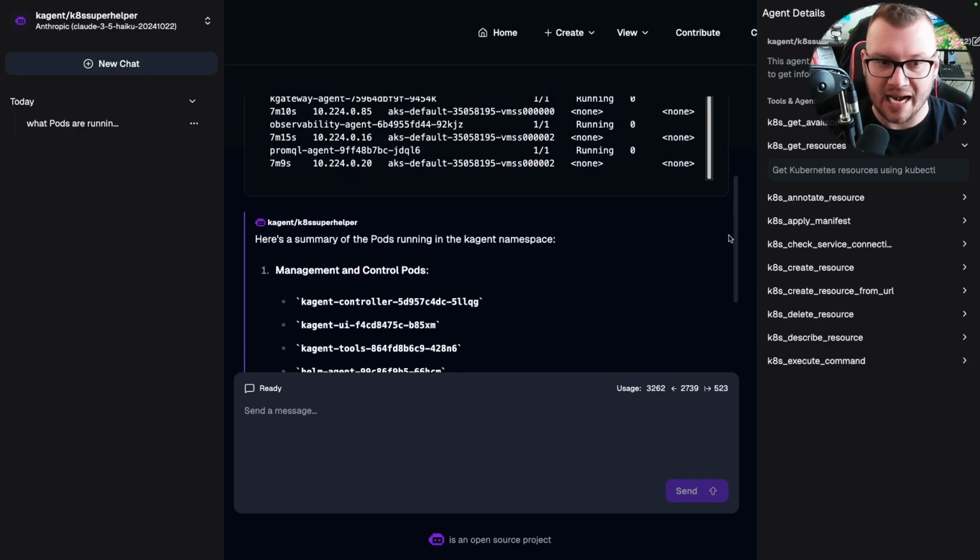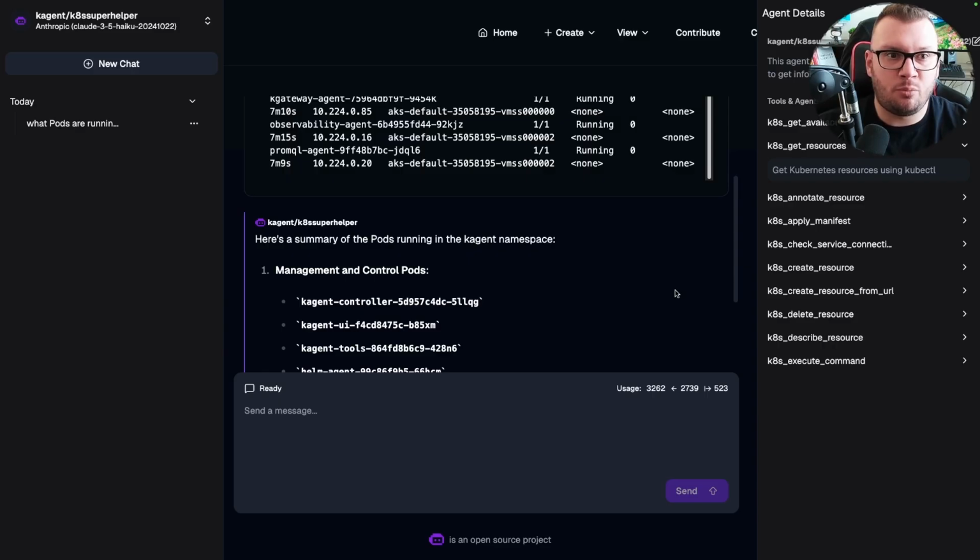I really like that. Again, Kagent isn't just for that. I just like it because I'm in Kubernetes land all the time. So having something helpful to troubleshoot and help me out definitely is a good thing. But I can create agents for anything. I can create agents for healthcare systems. I can create agents for financial institutions. I can create agents to do calculations.